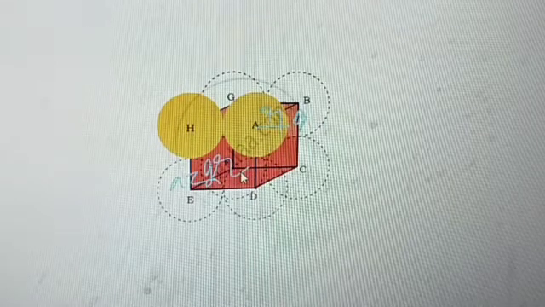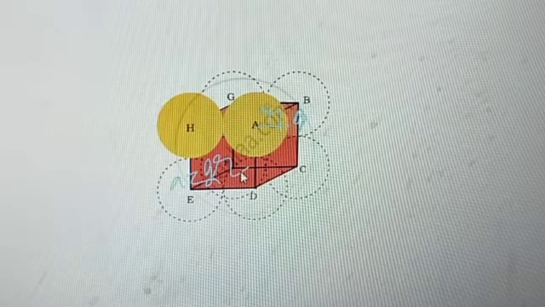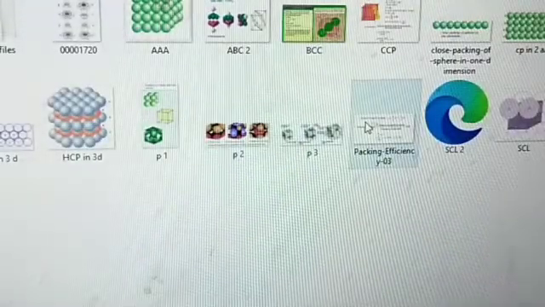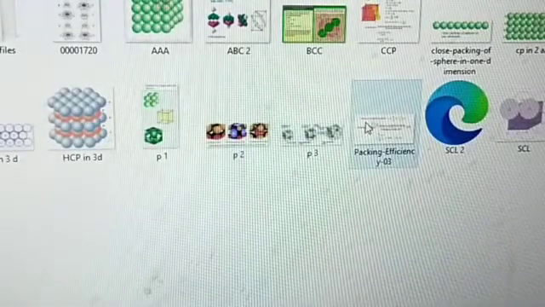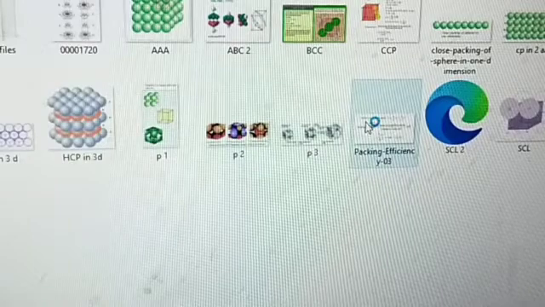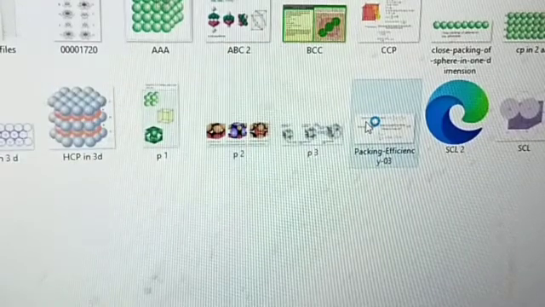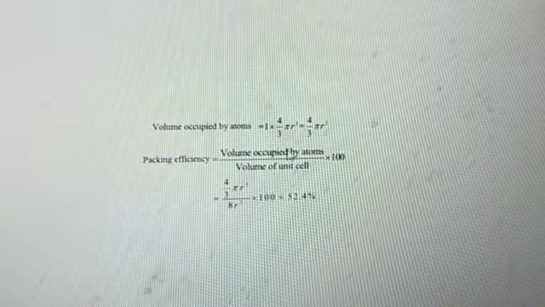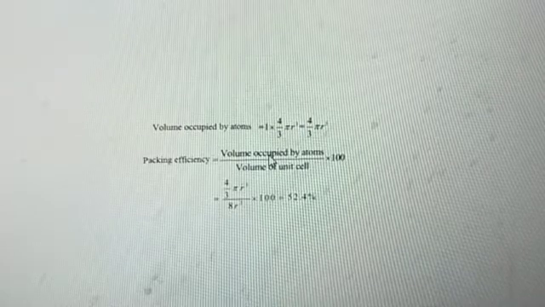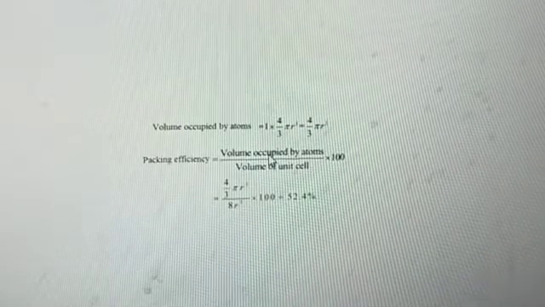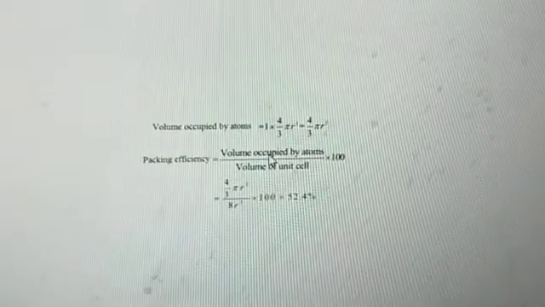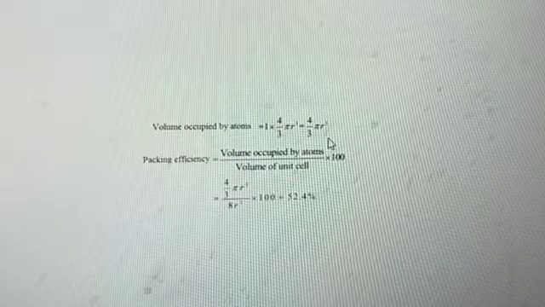Okay. Now, as it is a simple cubic unit cell, it contains only one atom. Already I explained to you in this session itself the number of atoms per simple cubic unit cell. As each atom present at the corner is shared by 8 of its adjacent unit cells, only 1/8 part of the atom belongs to the particular unit cell. 8 corners are there, so 1/8 into 8 is equal to only one particle present. So the volume of the occupied space is nothing but 4/3 pi r cube.